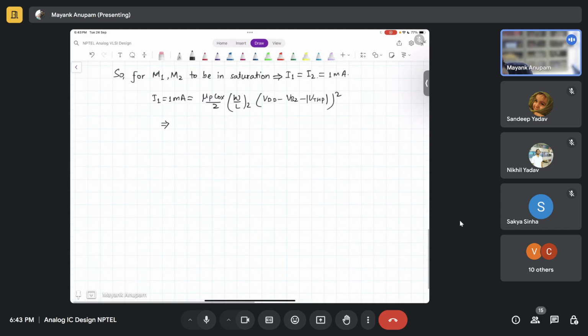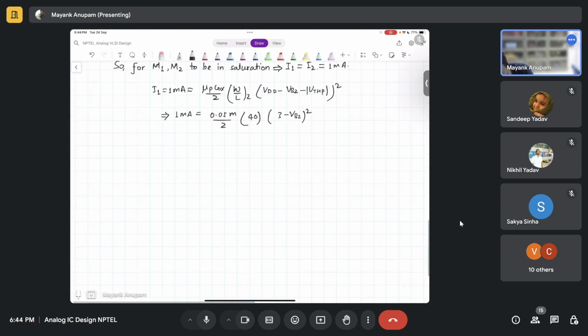So from here, what is VB2 going to be? Okay, let's do it. 1 milliampere is equal to 0.05 milli divided by 2 into 40 into 4 minus 3 is 1, 3 minus 1 is 2, 2 minus VB2